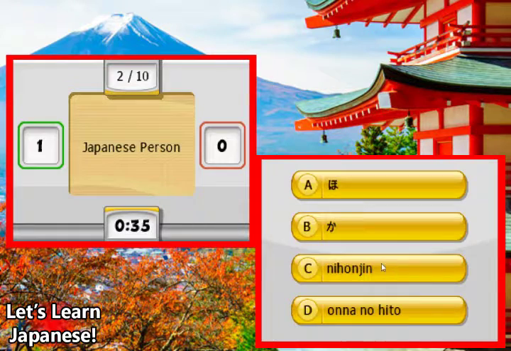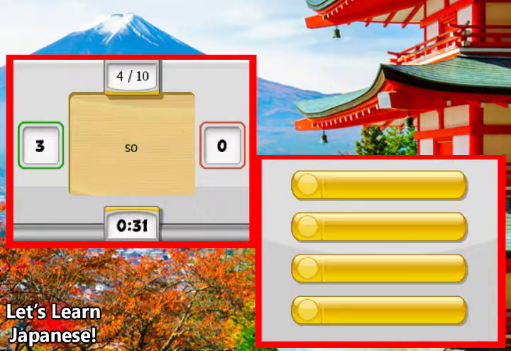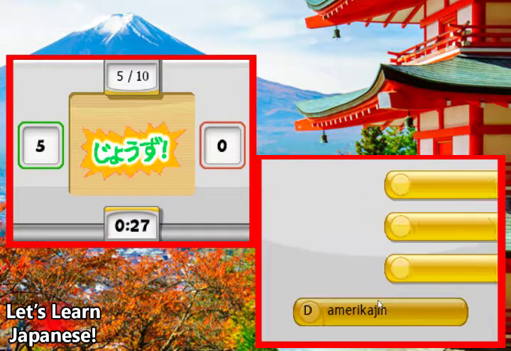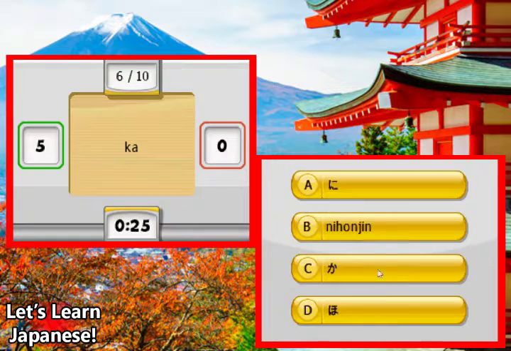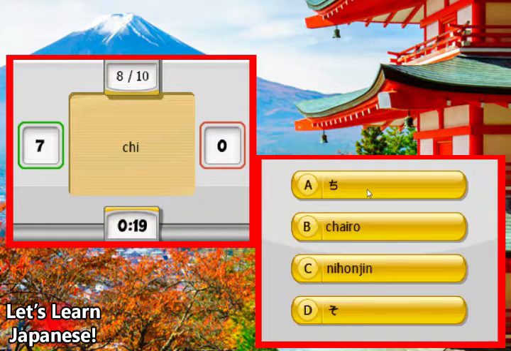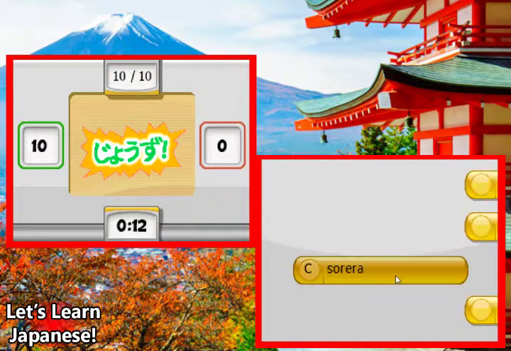Japanese person is Nihonjin. 日本人 Ni. に Yeah, see, like in that case, so そ there was only one アメリカ人 hiragana visible. Ka. か Brown is chairo. Yeah, look at that. There was only one word there. Chi. ち Woman is onna no hito. 女の人 Pose is そ sorera. れら